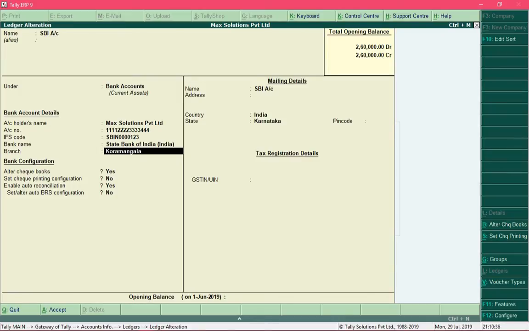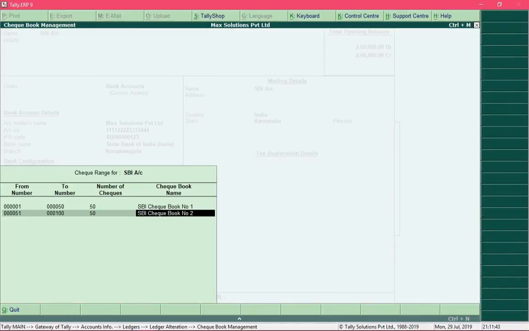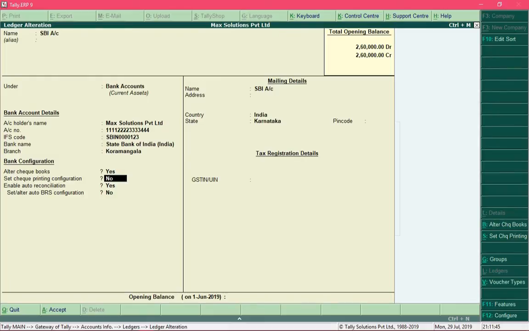One important thing that you must remember is that in order to get the list of bank names, you need to be connected to the internet so that Tally can update the list of banks over here. And it is mandatory to specify a bank name in order to proceed with check printing configuration.